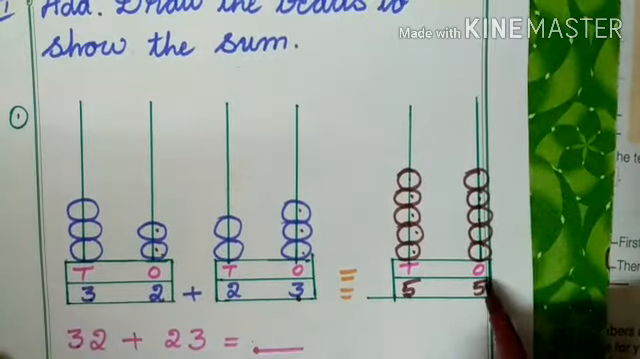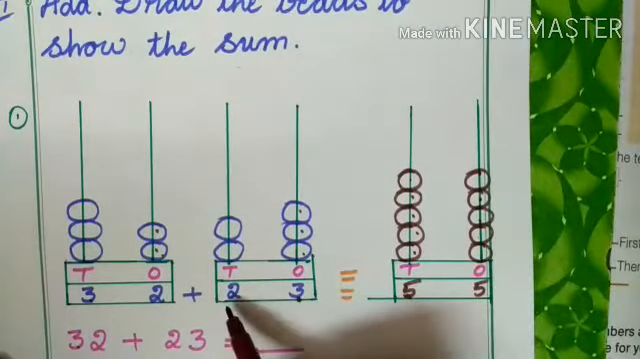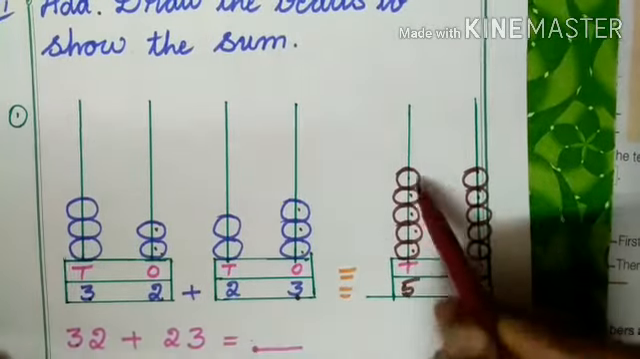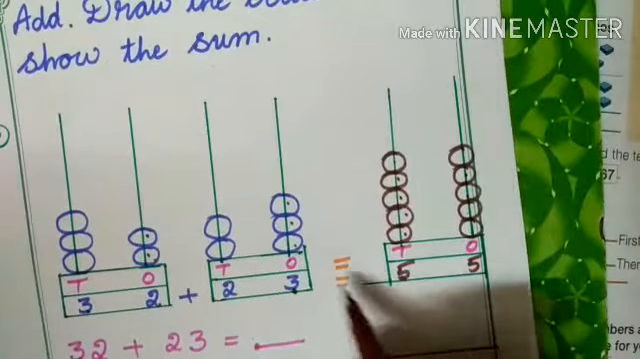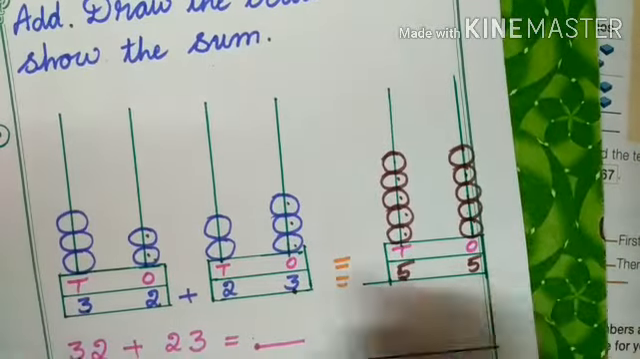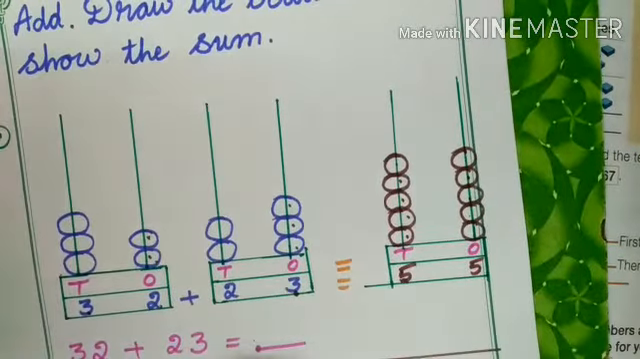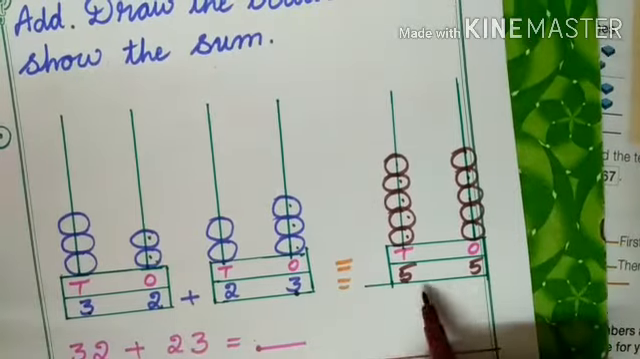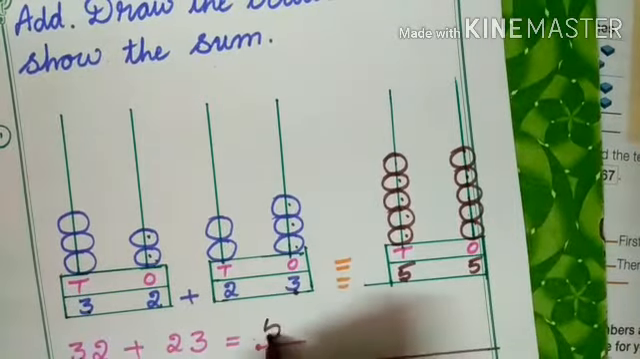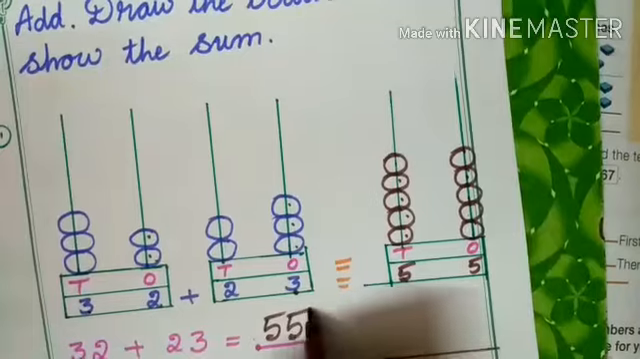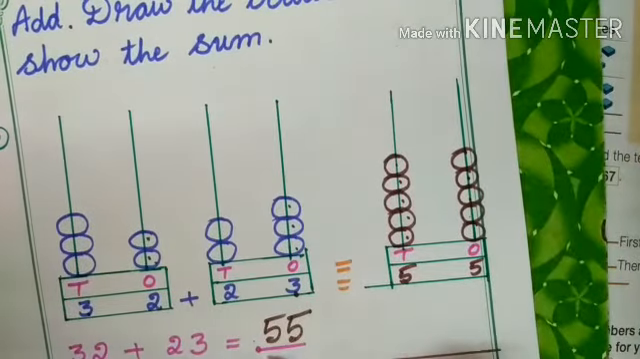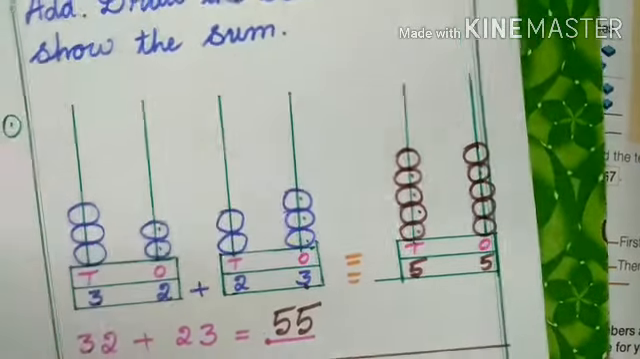In ones place also 5 beads are there. In tens place also 5 beads are there. Totally how many beads are there? 55 beads are there. So 32 plus 23 equals 55. Now we will write the sum 55. Total how many beads are there? 25 beads are there. Next sum is